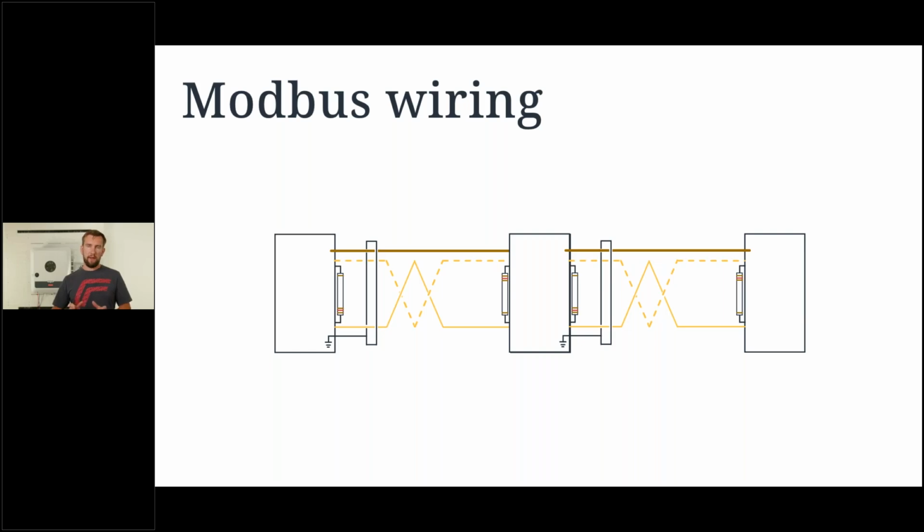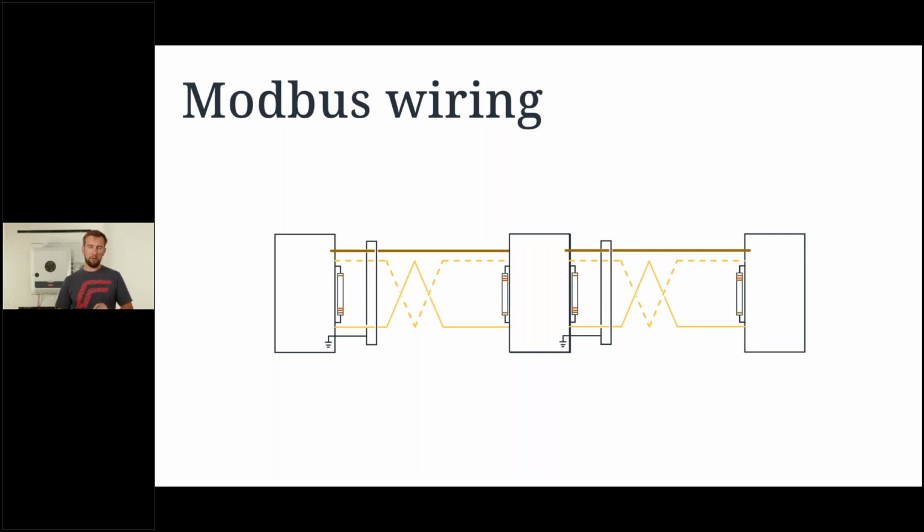What happens if we add a termination resistance as we learned it before? Well, we'd have a good communication between the first 2 devices, but then the signal would be swallowed. It would try to go through the resistor and it would get lost. So what do we do? Logically, we want that termination resistance at the end, but we don't want to lose the signal